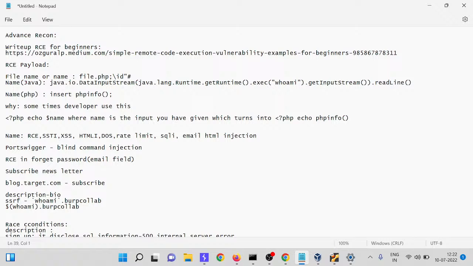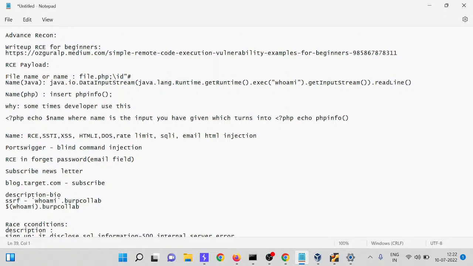If you need, I can create a session on it. But this stream is about recon and mindset: what you can do on which field, how to hunt on each domain, how to find subdomains, how to choose a subdomain for hunting, and what you need to do on that subdomain.